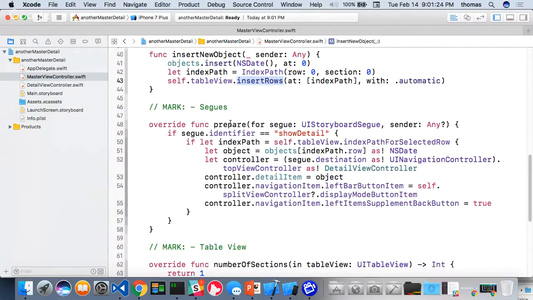And notice how they're using a prepare, right? This is a prepare for segue, so that when they do that, they collect the data in the rows, right, of type NSDate. And again, we want to store the date. When I run this thing, that's what it stores. If I run it for the first time,